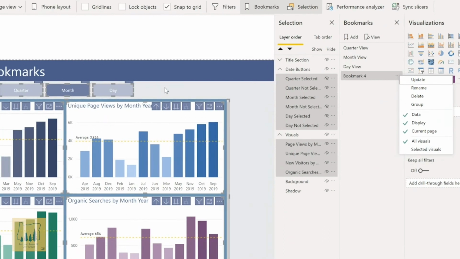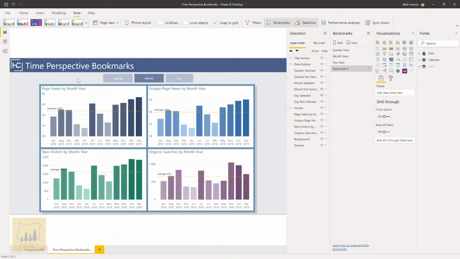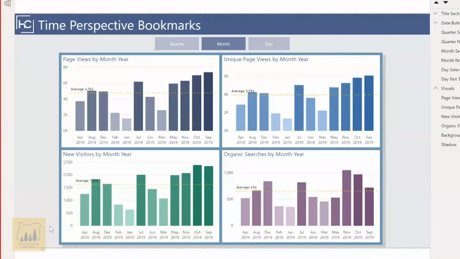And we had a really good question come up, Reid. Can you use a switch to achieve the same idea instead of a bookmark? It's a great question. So that would be a lot more complex to build. The switch statement in DAX with a disconnected slicer is, I'm assuming, what you're referring to. That can change the visual that you see in any of these columns. So the measure and the metric inside of the visual can be updated to change from, let's say, actuals to budget to customer count, but it cannot